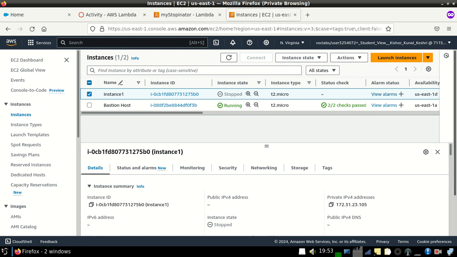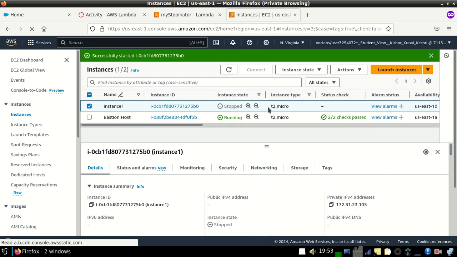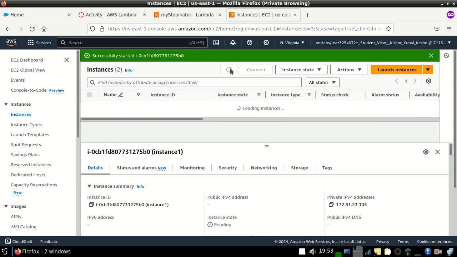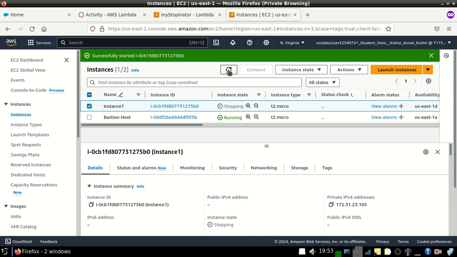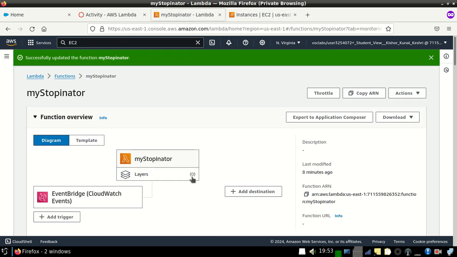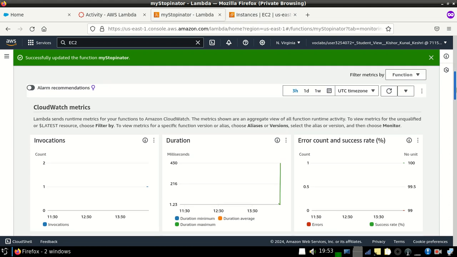For that time I am pausing this video. When this instance is started, after about 1 minute it will be stopped again by the code which we wrote in the Lambda function. Okay, now wait for some time.